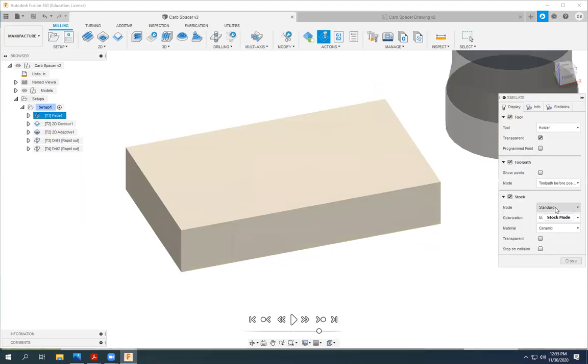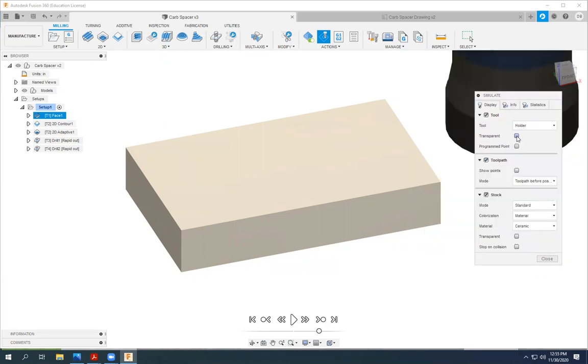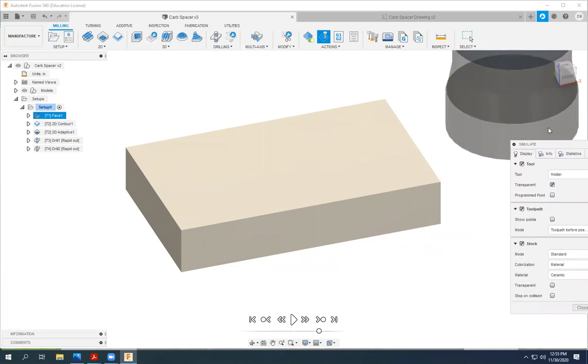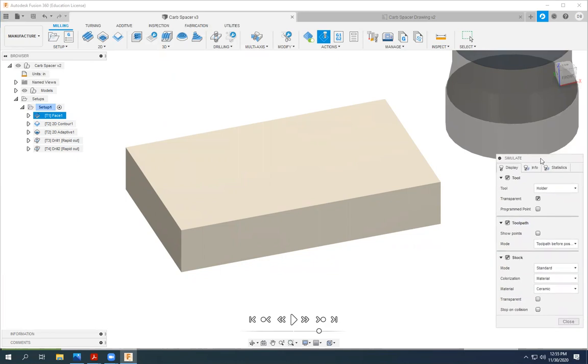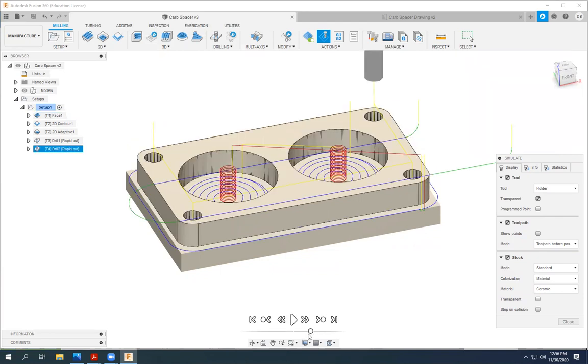In the simulate toolbar, we're going to make sure the tooling is transparent. If it's not, you won't be able to see through the tool. It's not very useful to just have the tool hiding the part. In this case, our other selections are good, and we can see the simulation. If we move our speed,